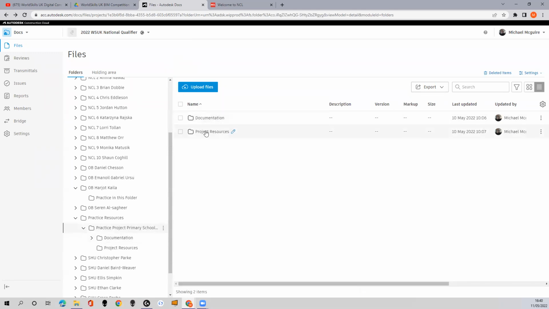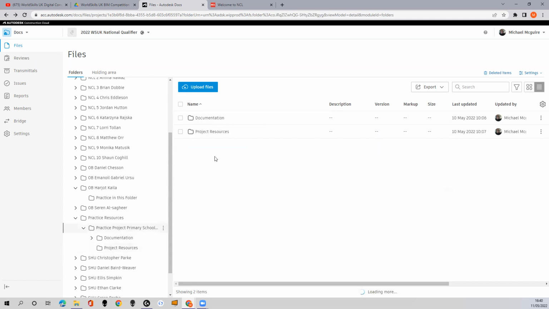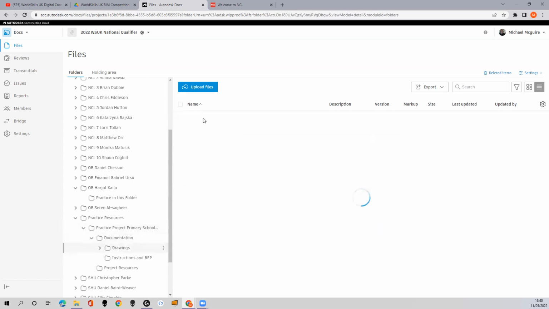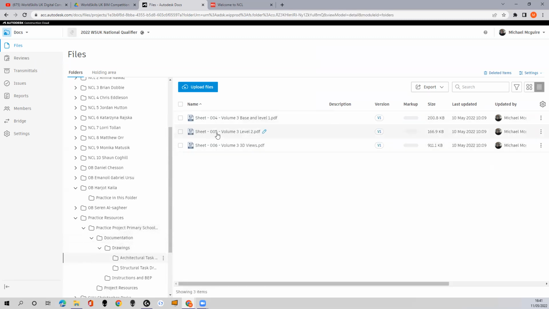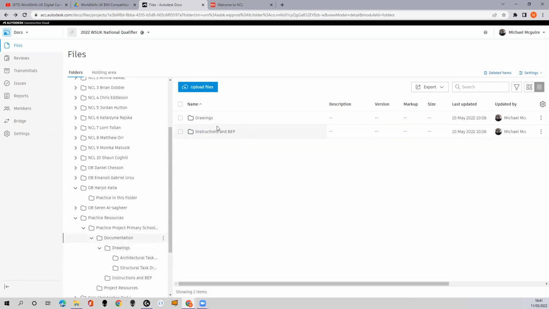So within here, there's all the resources that you might be asked to use. There's a Revit model validation checklist, a structural Revit template, a Revit conceptual project, a Uniclass grid reference, and so on. And if we go to documents, we'll see there's the drawings. Architectural task drawings are all there as PDF. Structural task drawings also there as PDF. And if I go in, there's the instructions and the exemplar